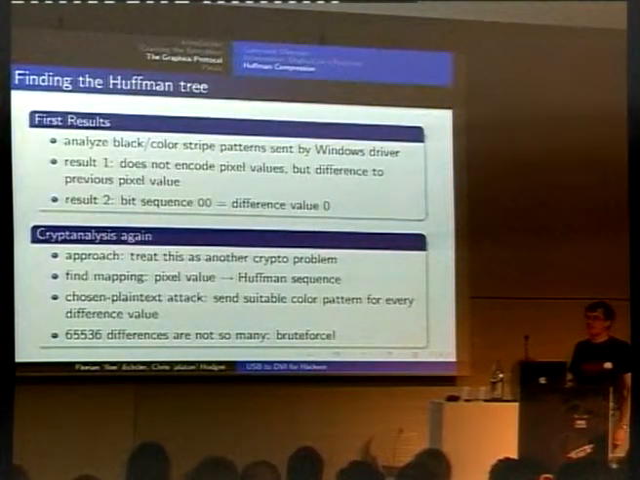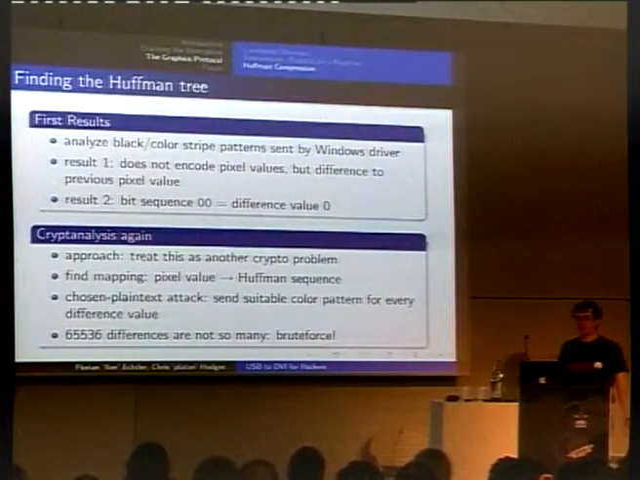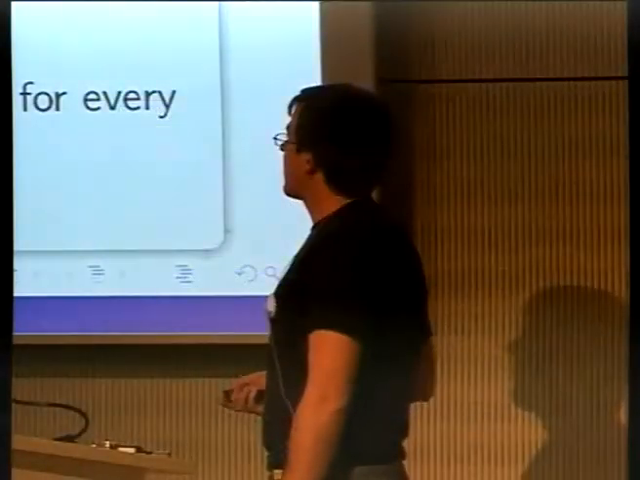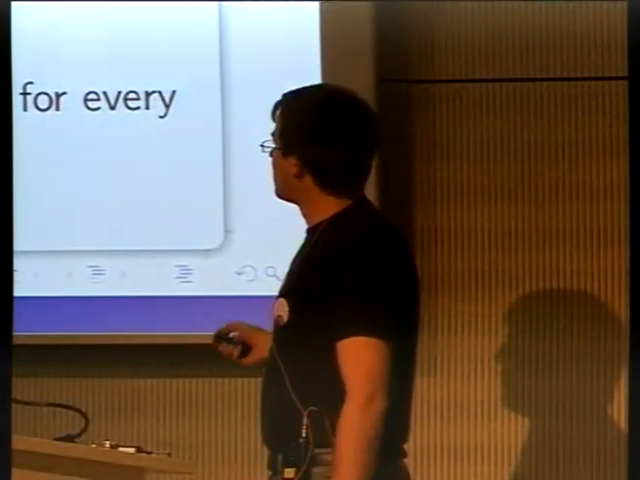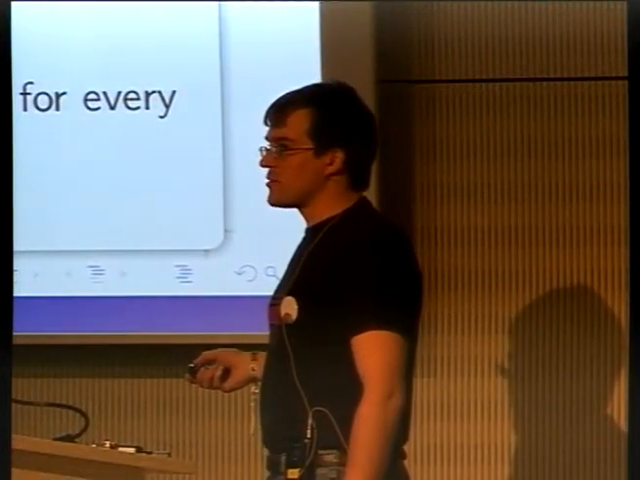Now, the next step was to just treat this as another crypto problem and find the table again, which gives you the Huffman sequence for a certain pixel value, or rather difference value. And so we basically tried a chosen plaintext attack, which means we just send a suitable color pattern through the Windows driver for every difference value which might occur in the data. As the device